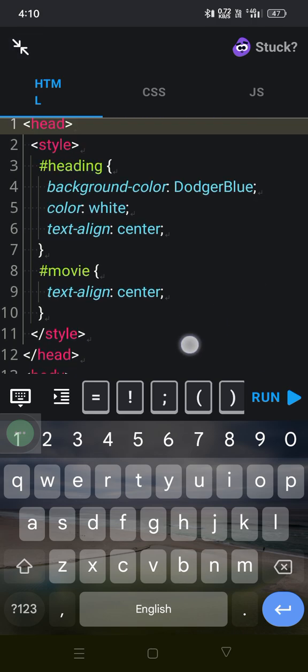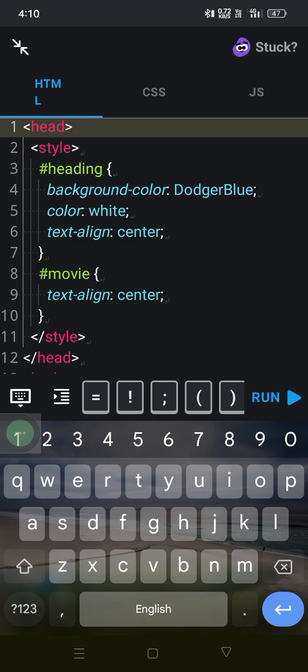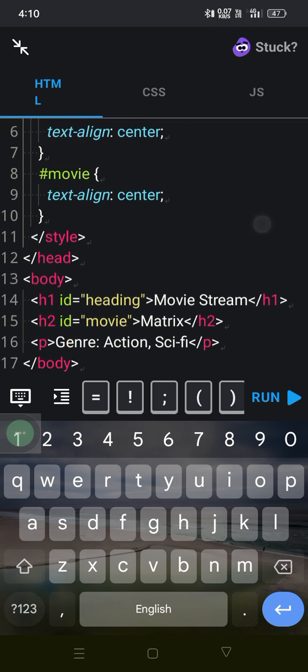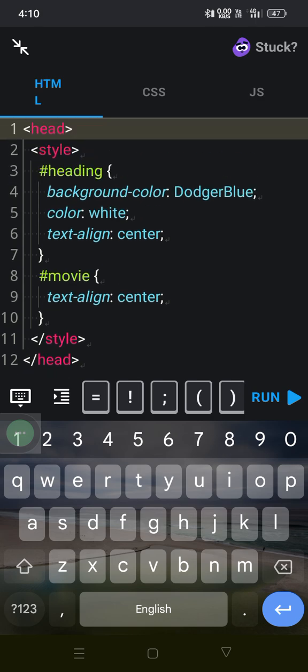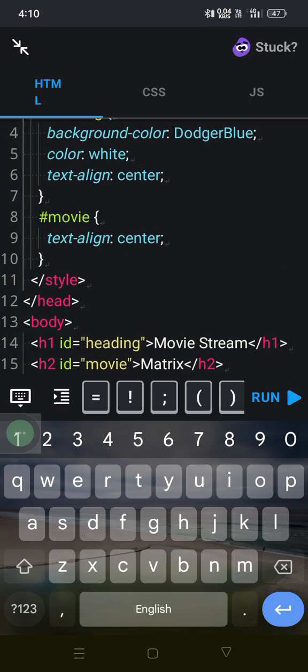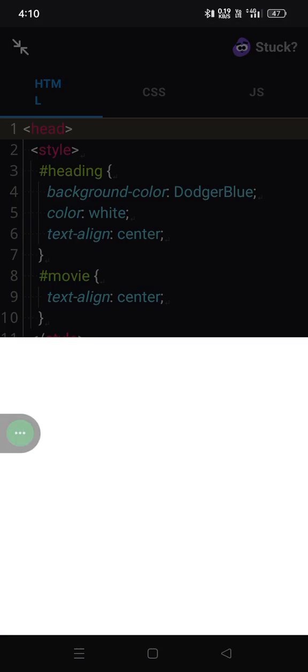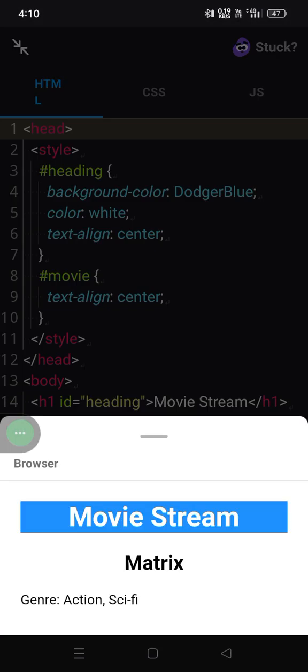And here is another style use of movie. It is simple code. In the body tag we write the HTML, and in the head tag we write the CSS style. Here is the background color blue, text color white, and text alignment center.